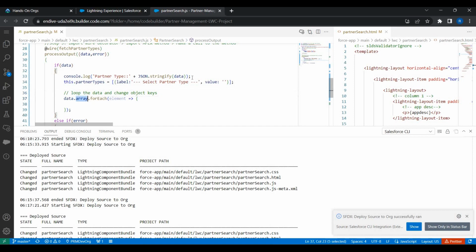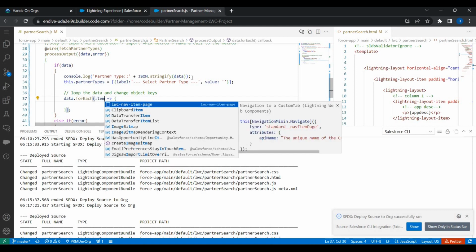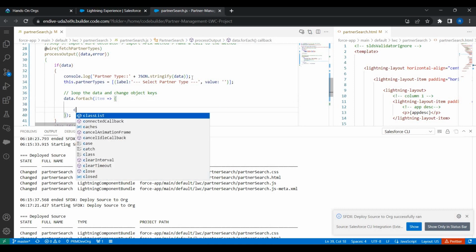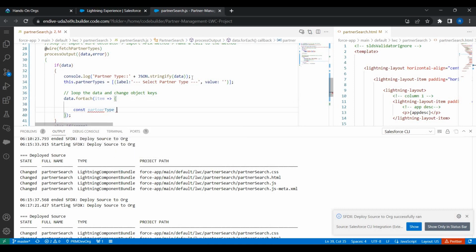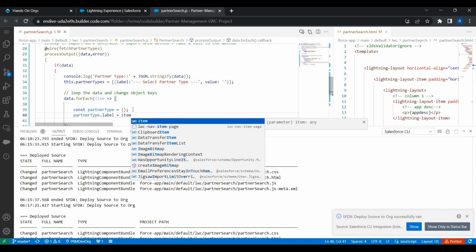Yeah, that's the syntax for each, and for each item, let's create an object with the name partner type, which is an empty object, and create a key with the name label, which will be equal to the item dot